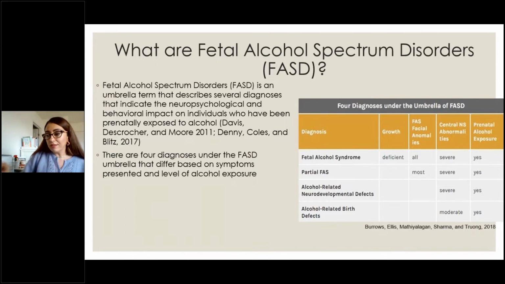And then the third one is central nervous system abnormalities. When we say central nervous system abnormalities, what we are really looking for is the impact of alcohol on the structure and the function of the brain, meaning that alcohol impacts several different areas in the brain. That leads to difficulties with cognition and IQ, problems with memory and learning, problems with executive functioning skills such as planning,